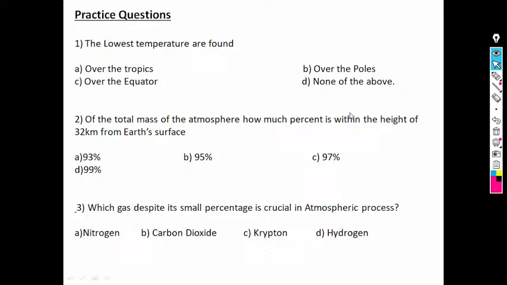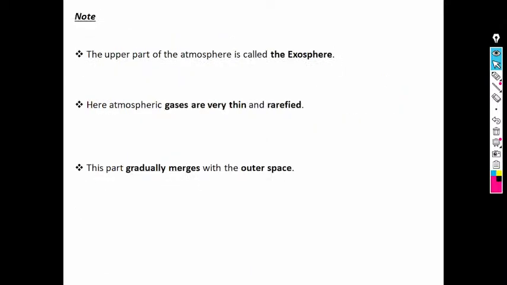Next, we'll do some questions now. Take care. This is all about our atmosphere, the structure of the atmosphere. I hope it will be immensely helpful for your understanding. Okay. Next, see,